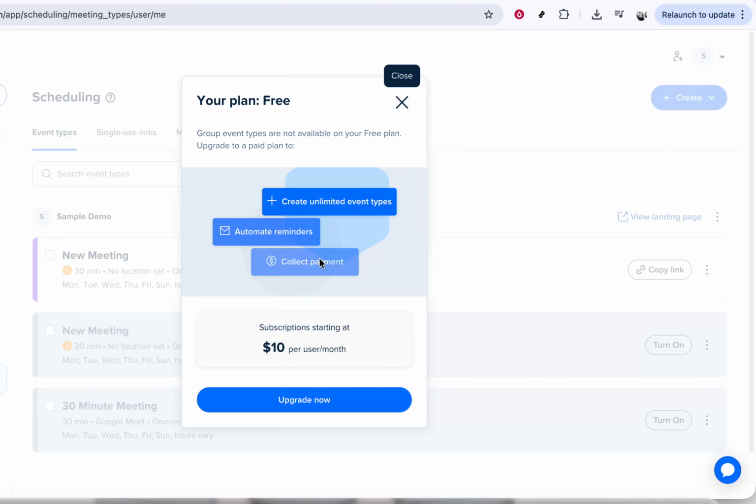If needed, you can also limit the maximum number of people who can join each time slot, so your group doesn't get too large. When all the details look good and you're happy with the setup, click on Create. Calendly will